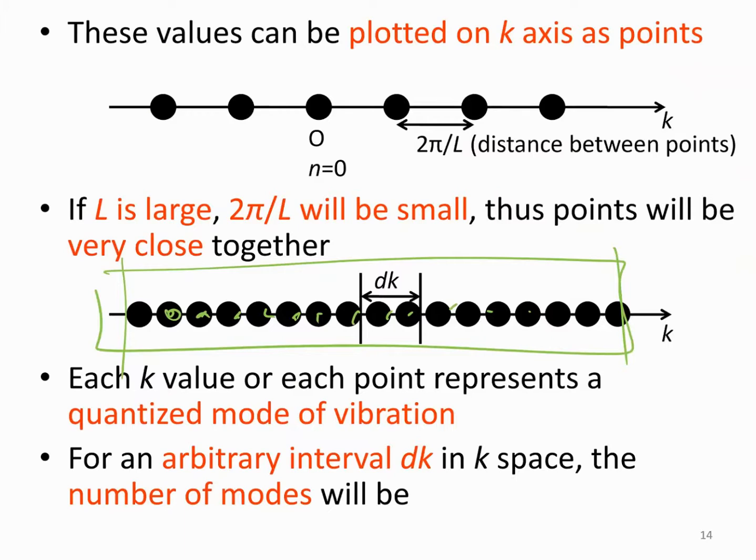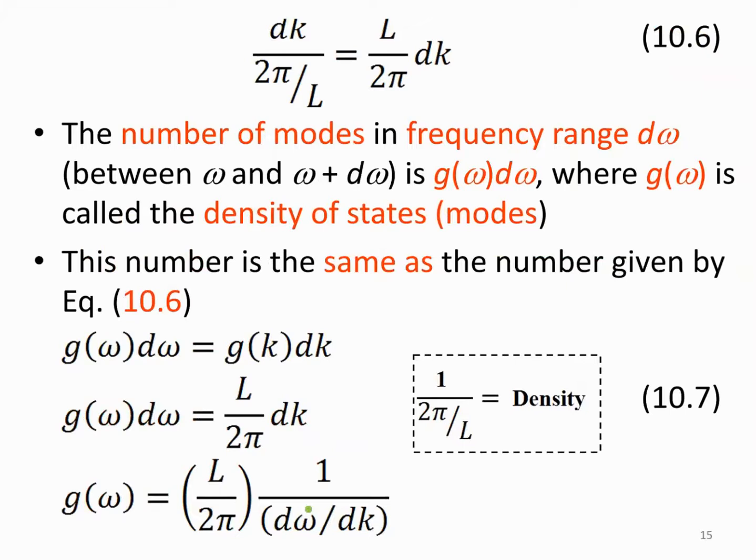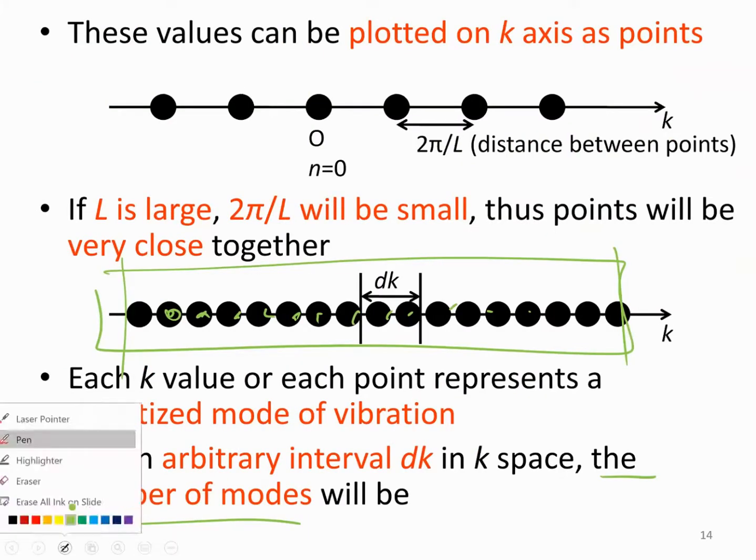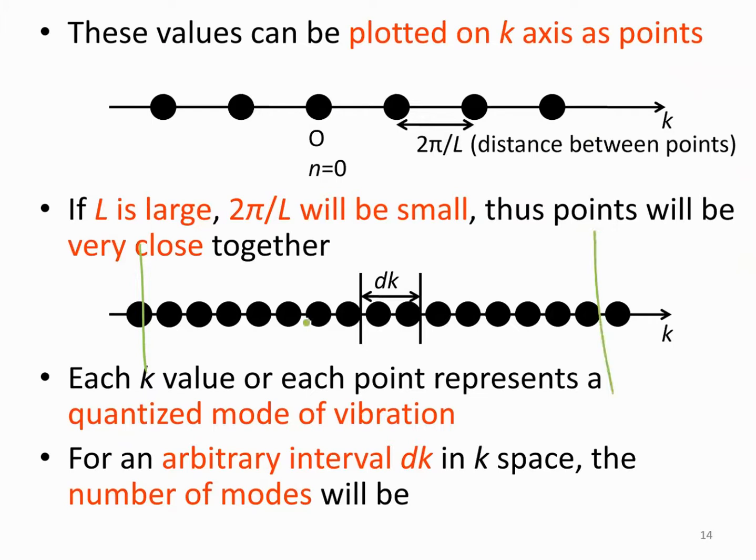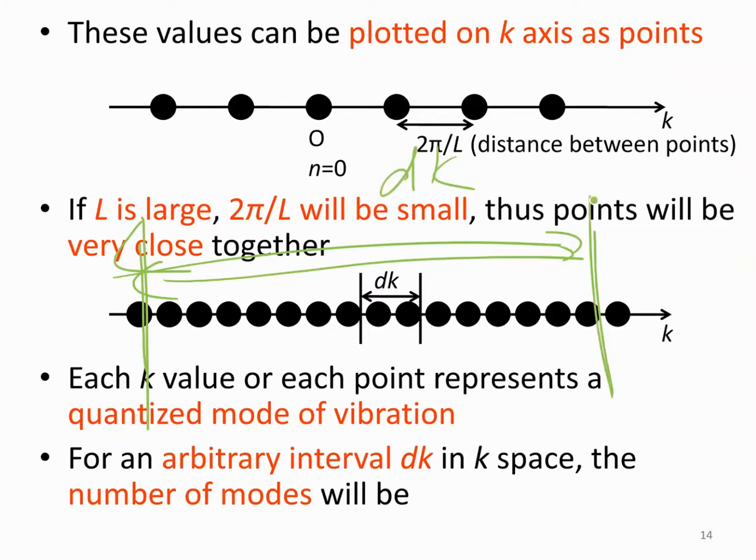the solution is very simple. The number of modes in one particular range would be dk over 2 pi over L. Why dk over 2 pi over L? Let's say I want to know how many modes in this region. So I just measure what is the length. Let's say the length is dk, from this point to this point is dk. So what is the distance between lattice points? 2 pi over L. So when I use dk over 2 pi over L, then I will get the number